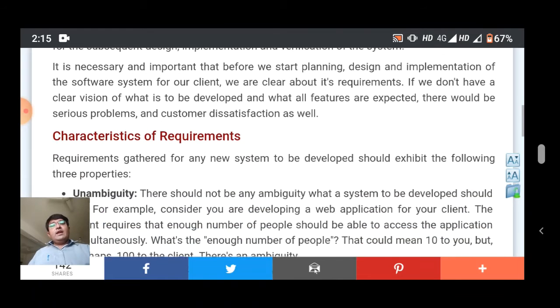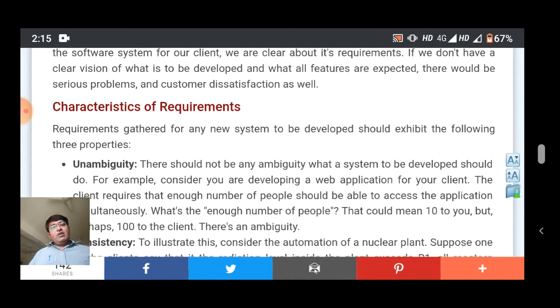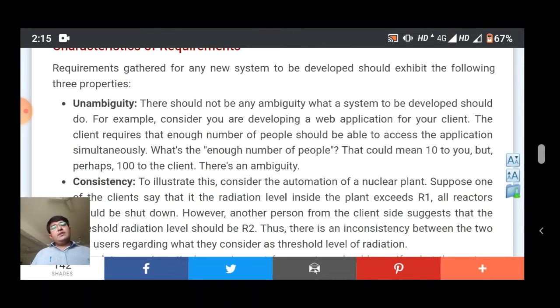So what are the characteristics of requirements? Requirements of any new system to be developed should exhibit the following 3 properties. Unambiguity means there should not be any ambiguity about what the system to be developed should do. For example, consider you are developing a web application for your client.